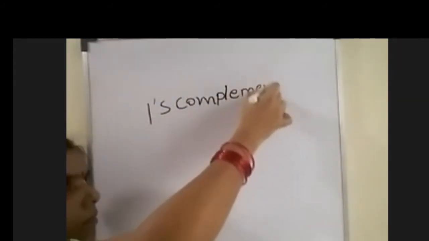In the previous class we discussed complements. What is the purpose of complements? In a digital computer, complements are used to simplify the subtraction operation and for logical manipulation. Now, one's complement representation. So what is a one's complement representation?